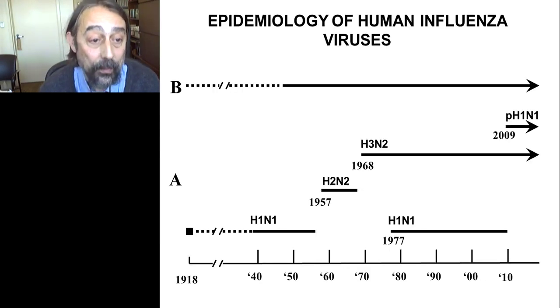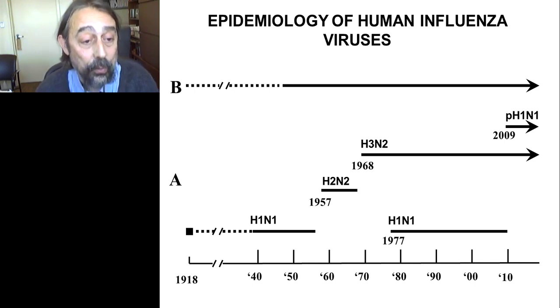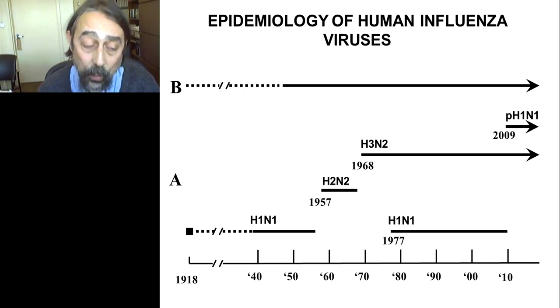Now, in terms of how many influenza viruses we find in humans, we know about influenza since 1918, when the pandemic of 1918 occurred. And since then, there have been different types of influenza viruses that are antigenically different. And that means that if you get infected with one of these antigenically different types, you don't get protection against a different type. And the types that have been circulating in humans are, first of all, influenza B viruses